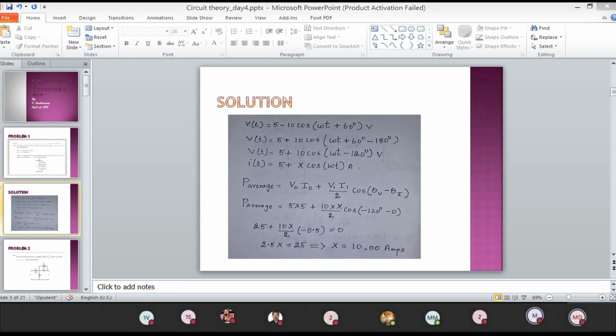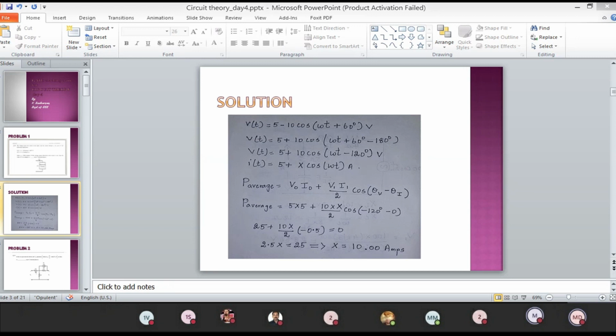You should understand one important thing. The average power for an AC cycle, or alternating current, is 0. The expression for average power is V by root 2 into I by root 2 cos of the angle between the voltage and current. So root 2 into root 2 will give you 2, and V and I are nothing but the maximum values, right? What is V naught I naught?